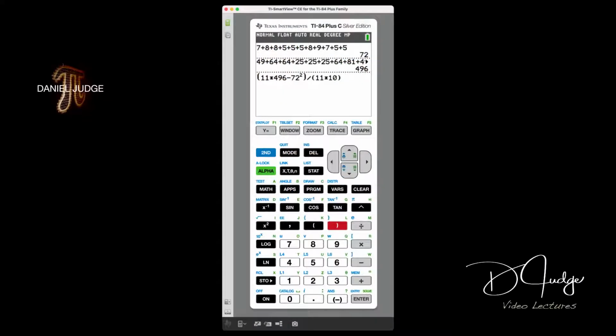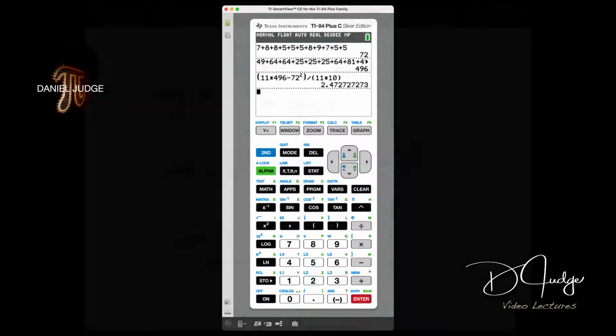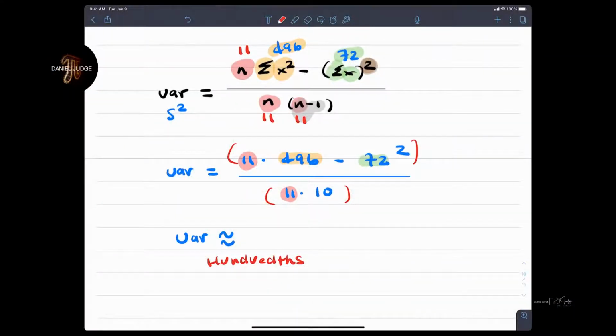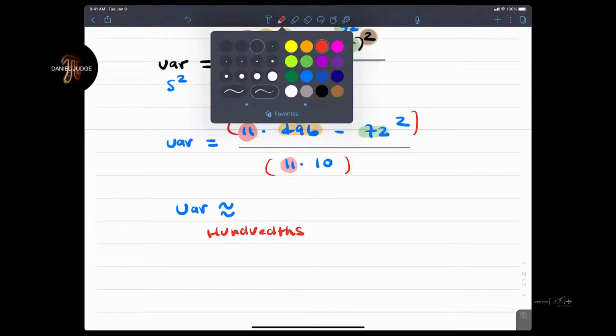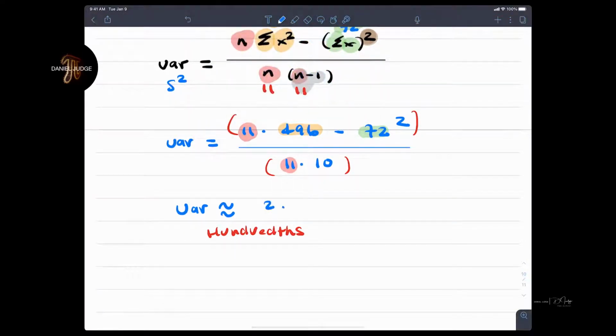Okay, now hit enter. And we'll approximate this to the tenths. So, or no, let's do hundredths. I apologize. We're going to do hundredths here. We're going to take a look at that. Hundredths. So when I write this down, if you guys remember, this is 2.47272 and 72